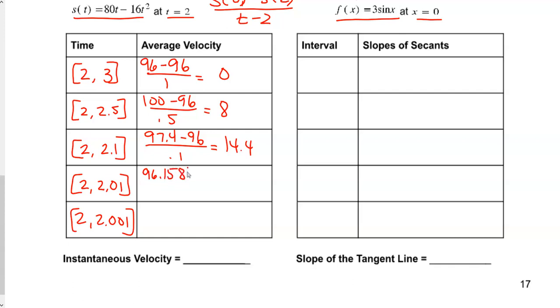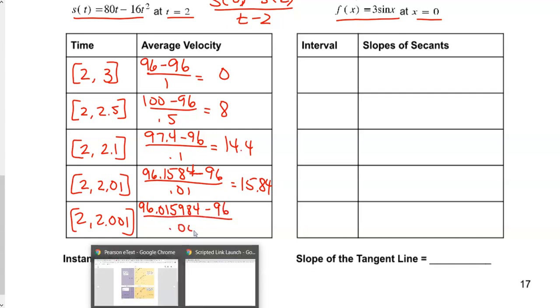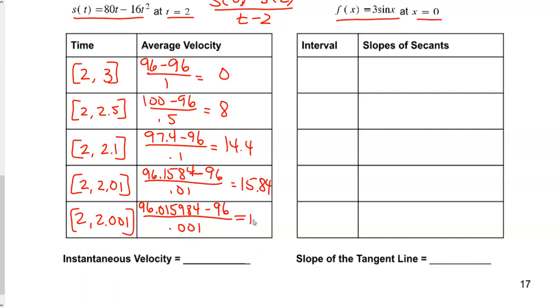96.1584 minus 96 all over 0.01, which equates to 15.84. And if I look at the one that's as close to 2 as I am identifying here, I get 96.015984 minus 96 all over 0.001. And if you do that in your calculator, you are going to get a value of 15.984. So what's happening? I go from 0 to 8 to 14.4, and I'm honing in on what kind of